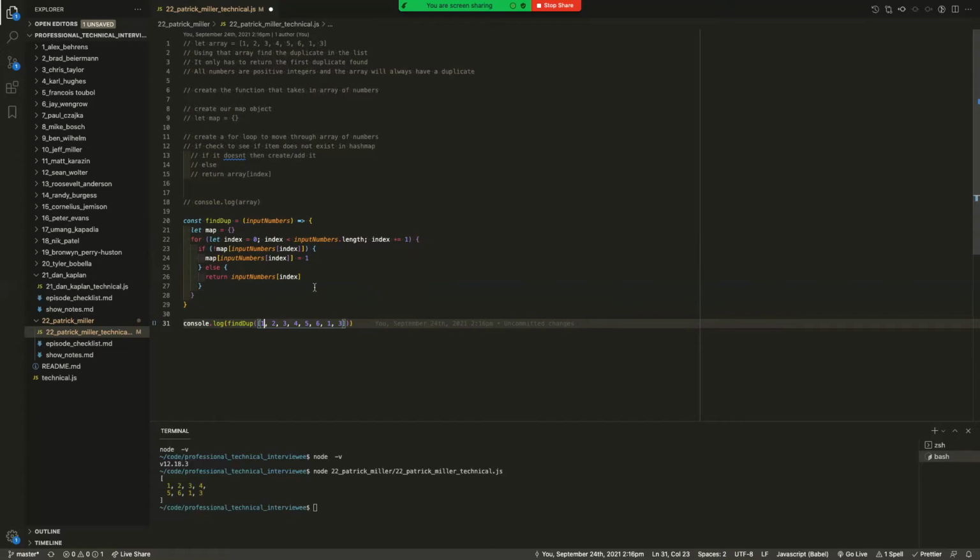And then when it gets to 1 again, it would see that that does exist already. So it'll kick to the else, and then it will return input numbers index, which should be 1. That makes sense to me. Does that look correct to you? Yep. Okay, run it. Great.